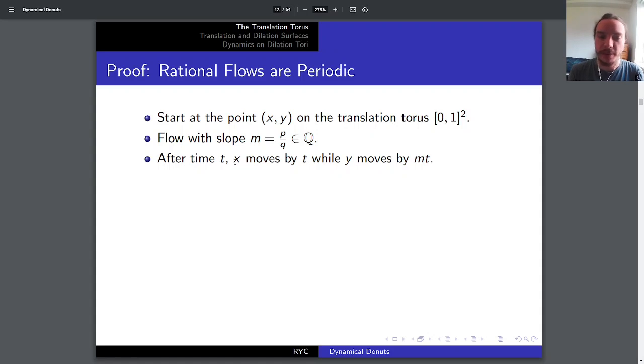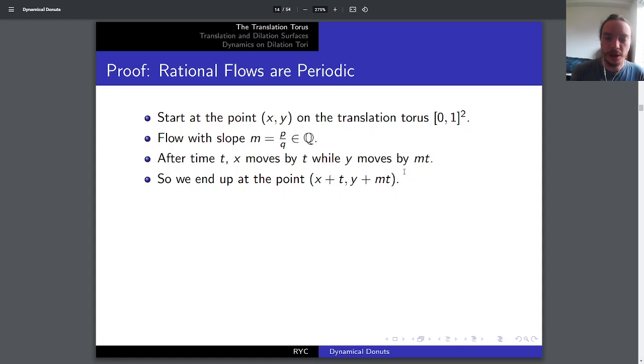and after time t, so t is some amount of time, x is going to move by t units, while y is going to move by m times t units, right? Because we're moving at a slope of m, so for every 1 we move over, we move up by m. So after moving for time t, we're going to end up at the point x plus t, comma y plus